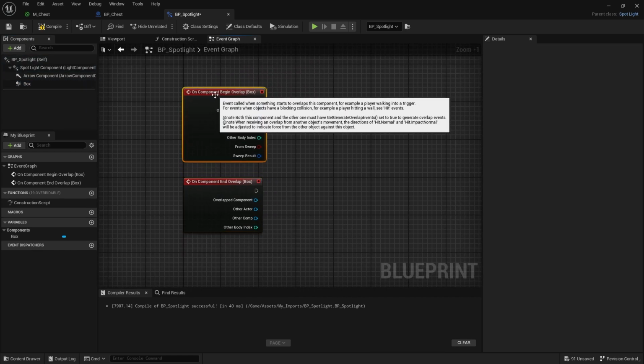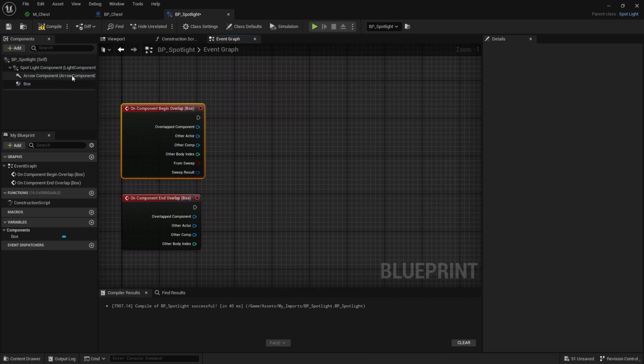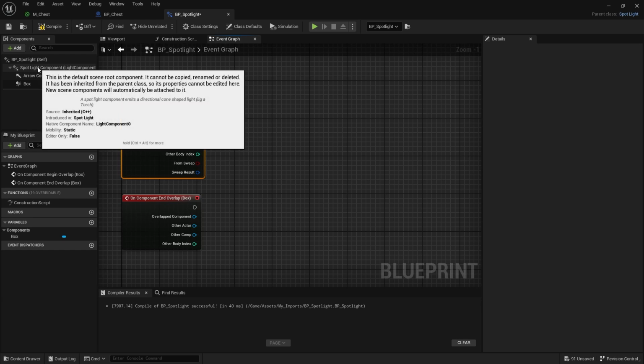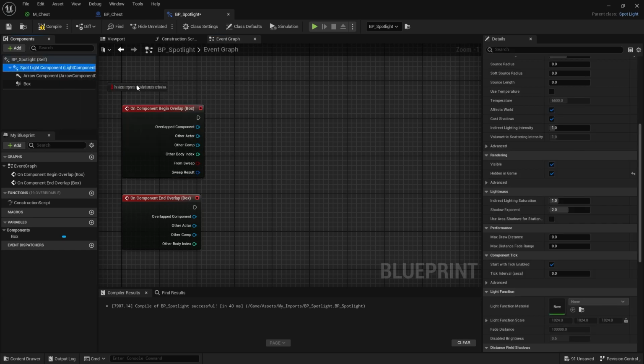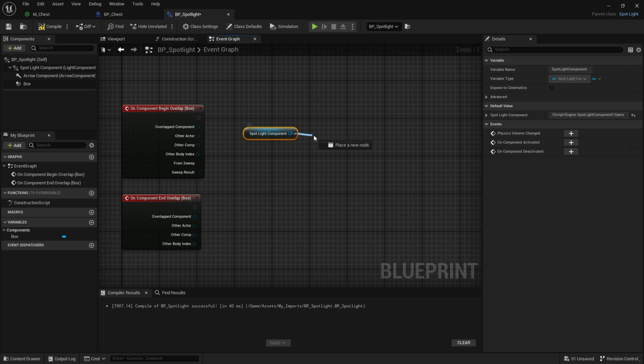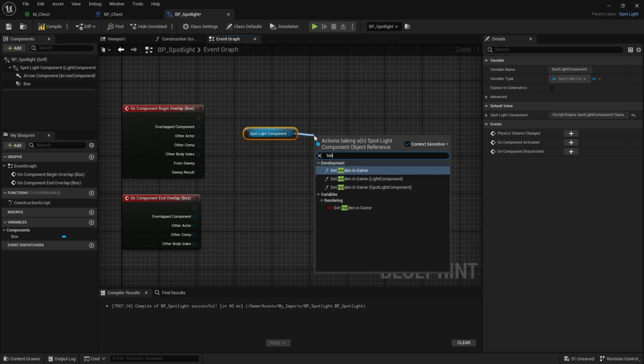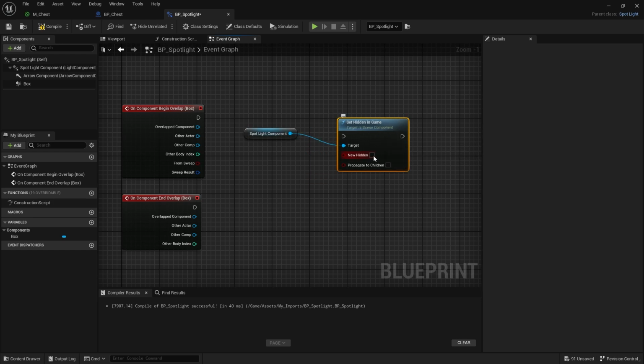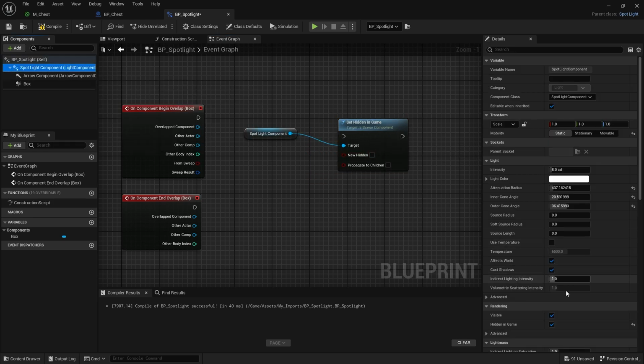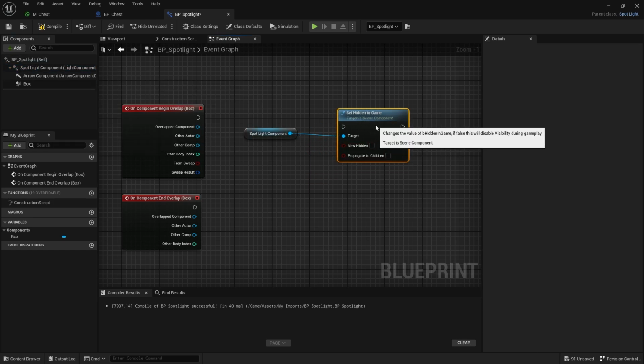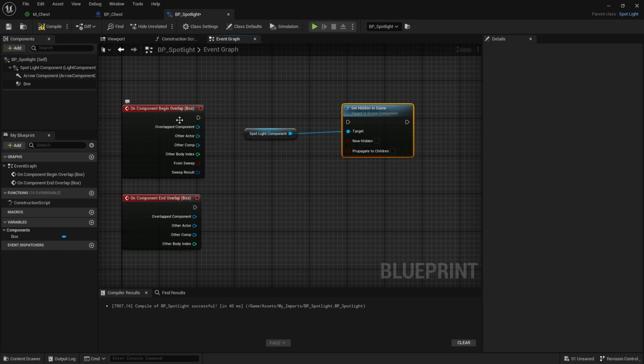Whenever something enters the box, our begin node, we want to turn our light on. So I'm going to select my spotlight component, drag that in here, and type in hidden. And we want to set our hidden in game to false, because remember we set it to true previously to hide it. So all we have to do is hook up this,